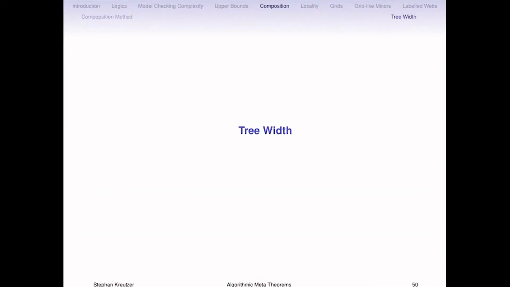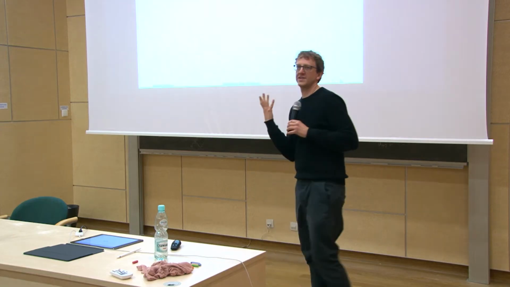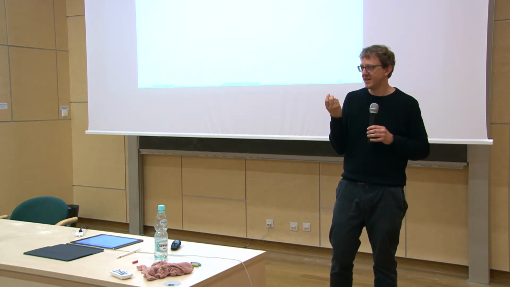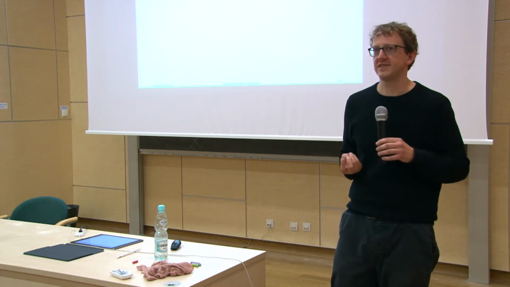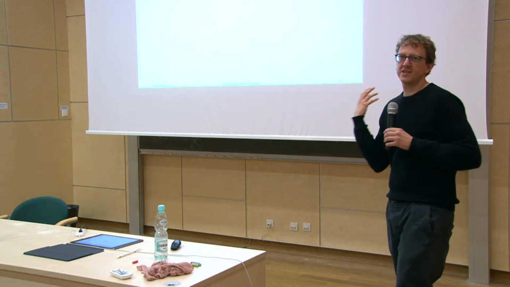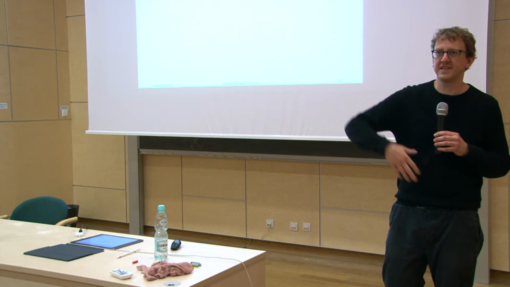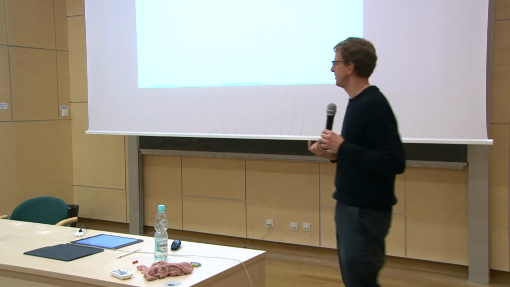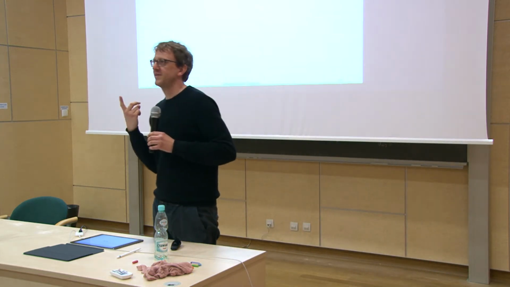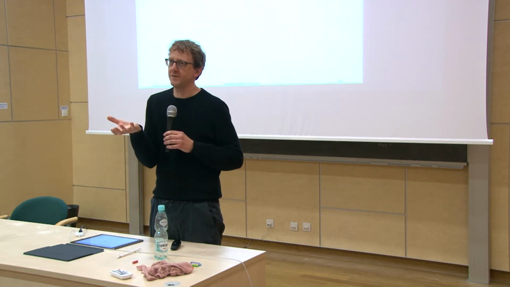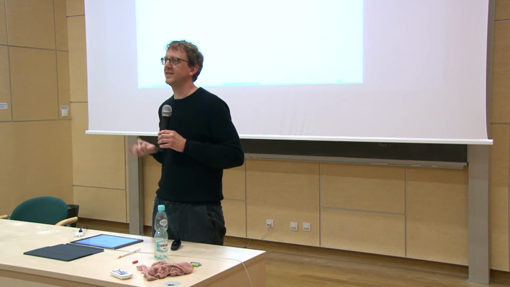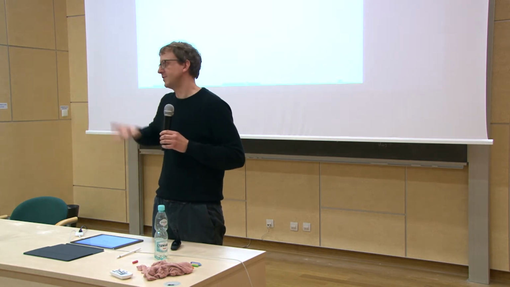So this was for trees, and it was describing an algorithm for model checking formulas on trees, even MSO formulas on trees. And the other algorithm would just be that you translate it into an automaton, and then let the automaton run. Both are linear time algorithms. Linear time FPT algorithms, because the running time depends on the size of the types, which is super big, but it's only linear in the number of vertices in the tree. And the automaton is the same thing.